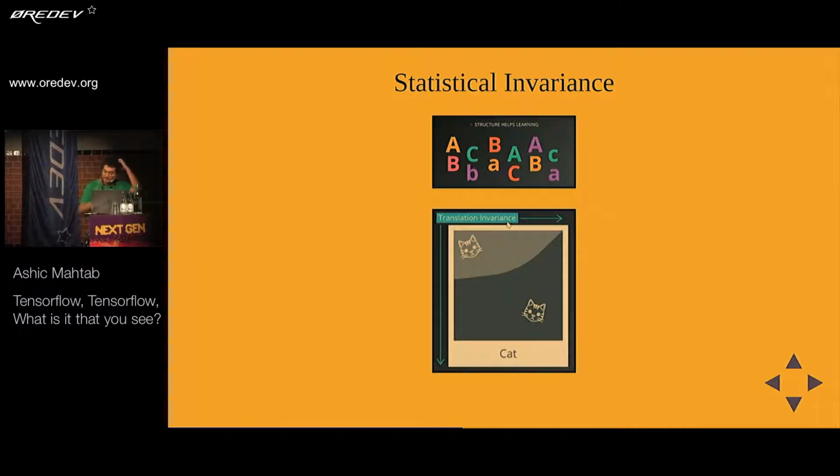Another thing is, say, translation invariance. If you're trying to predict pictures of cats in a photo, or detect cats in a photo, where that cat is doesn't really matter. If it's in the top left, bottom right, center, left, right, it's immaterial. However, if you just take your normal big input and just tell your neural net, hey, go learn, the problem is it has to distinguish the fact that a cat in the upper left is the same as a cat in the bottom left. And that's where convolutions come in.